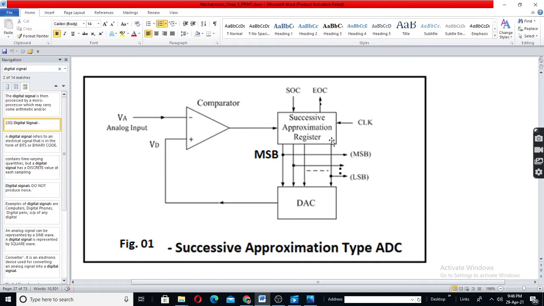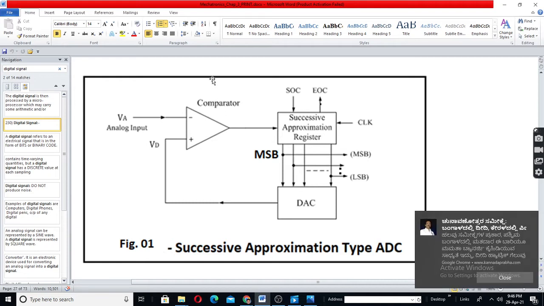Here the three main blocks are comparator, successive approximation register, and DAC. Analog input is given here. This should be within the reference voltage.